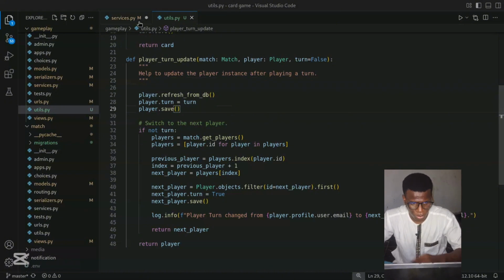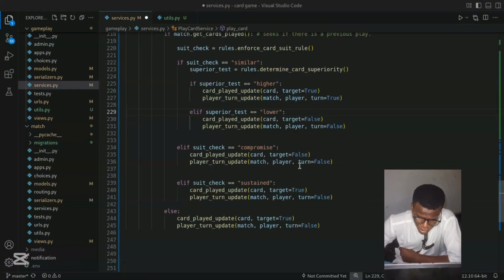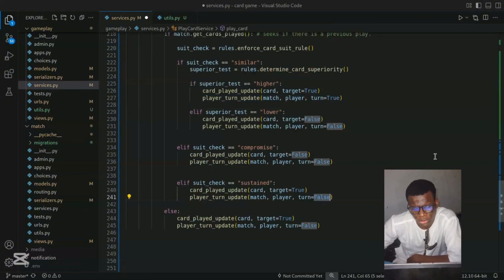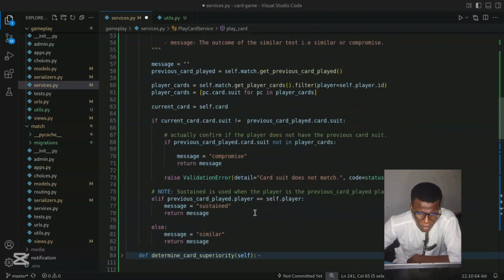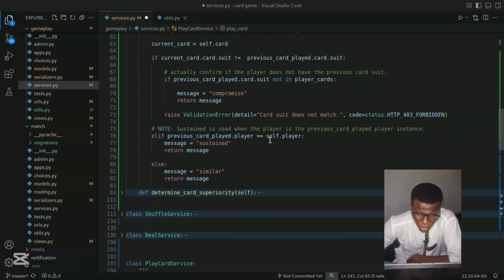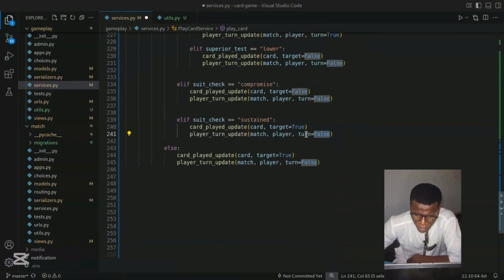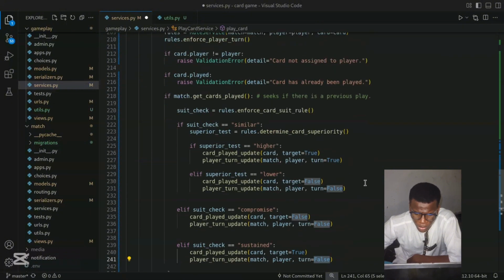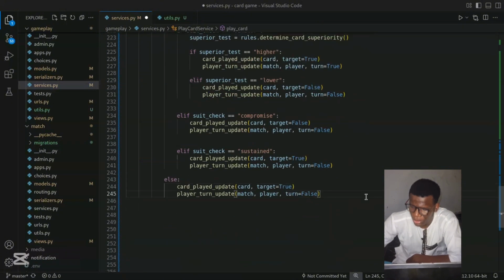But if it's true, means that player is going to play. So if it is sustained, and if it's sustained, okay, yeah, one track, shouldn't be. Because if it's sustained, that means